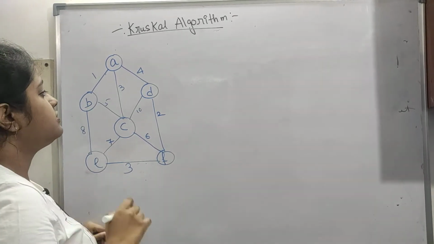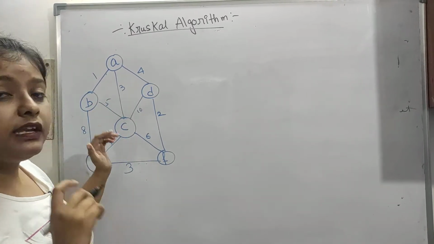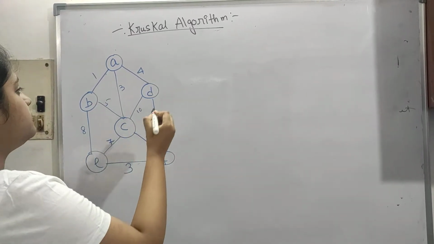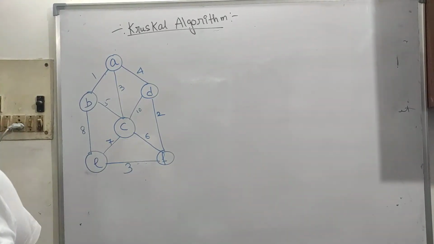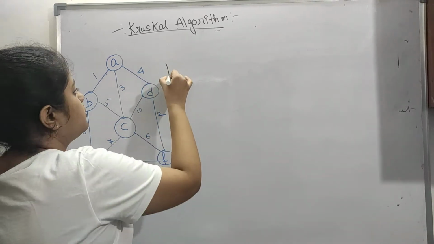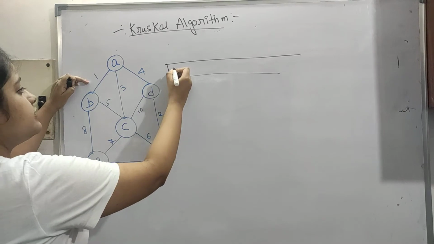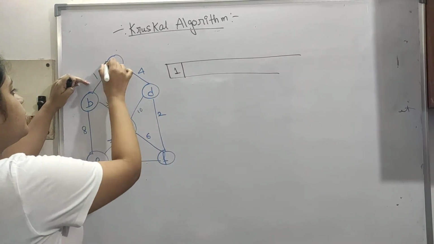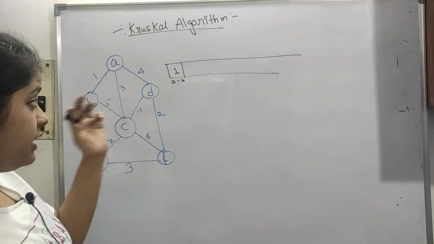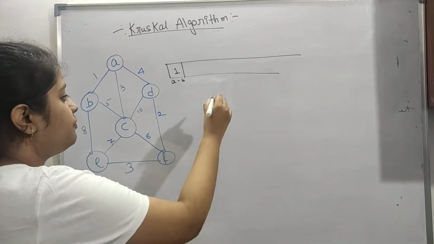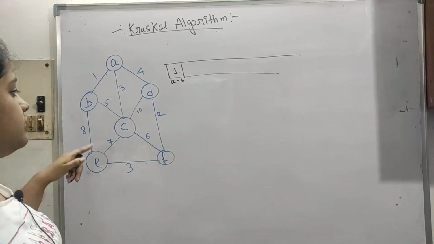Now the first thing we have to do is sort these edge weights in ascending order, so let's take an array kind of thing. The first is 1, the least one. So 1 is between A and B, so write that also, A and B. I write that also because when adding, we have to check 1, then we have to check again in this graph. So this graph is smaller.